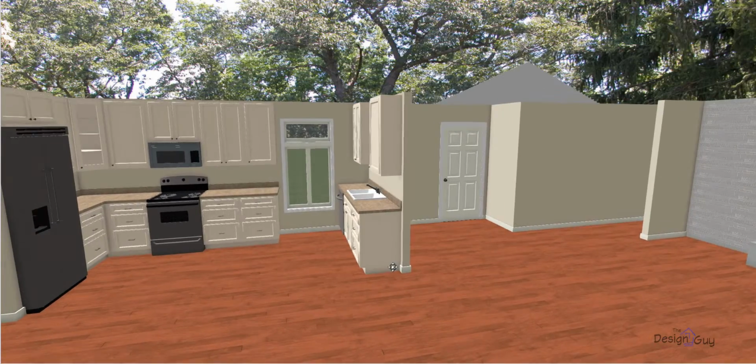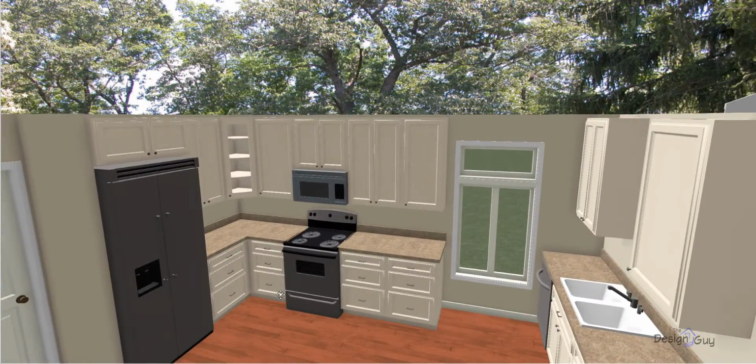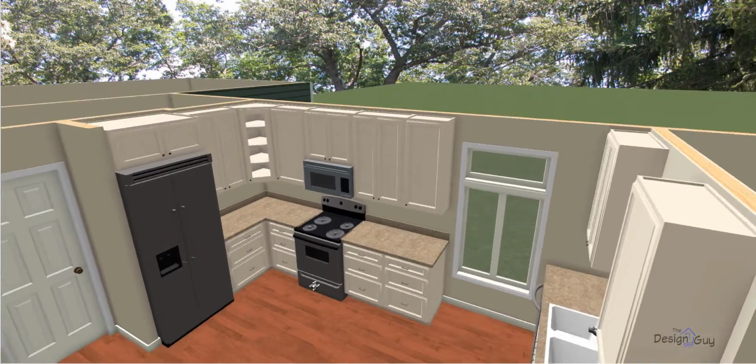Now, coming back around, one of the other things I was doing was I'll put a corner cabinet in here. That way, I don't know if you want to put some glass doors onto it, have something as a showcase. We can do a corner cabinet. It just gives you the best space usage for there, whether it's a glass door or a regular door. Then, as I rotate this on around,